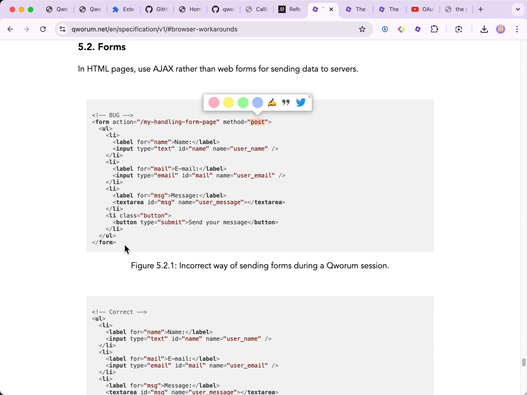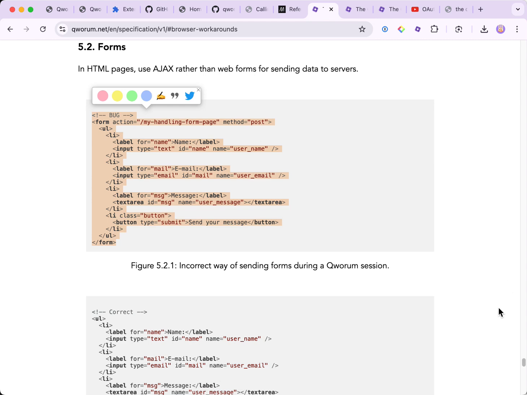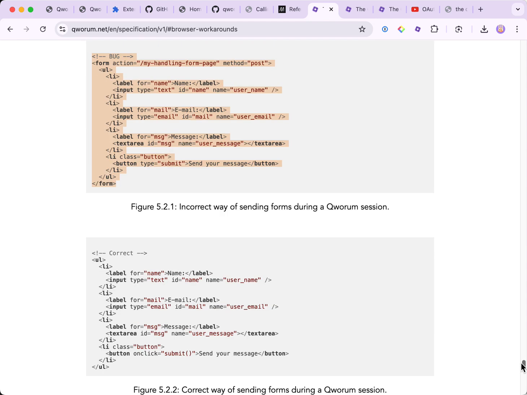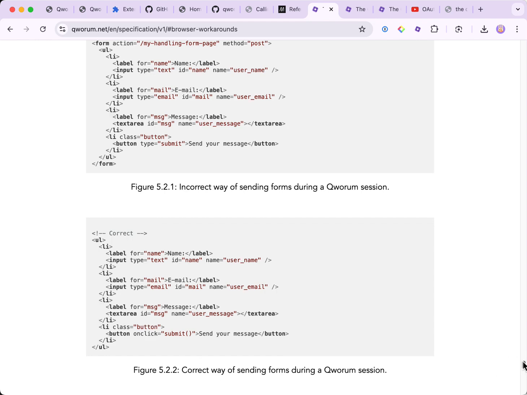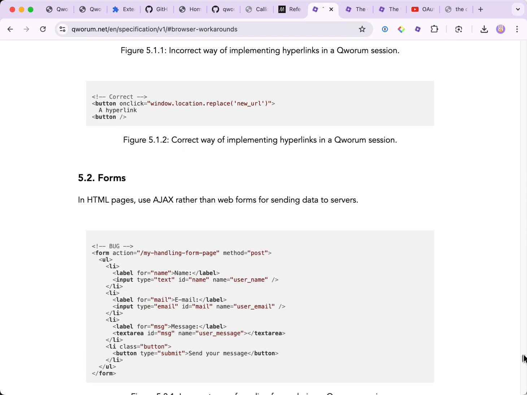So this is a no-go. Instead, a fetch call is what I'm recommending instead of doing a regular form action. These are some of the restrictions that I currently have.